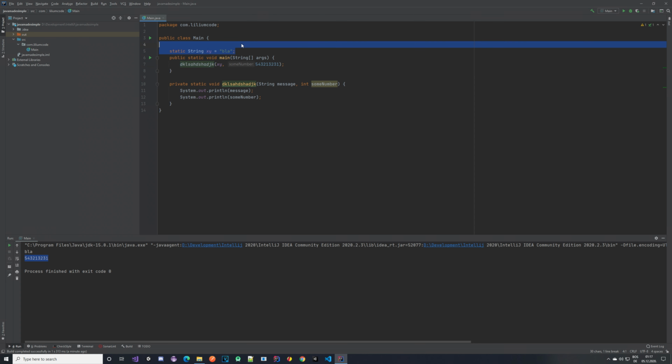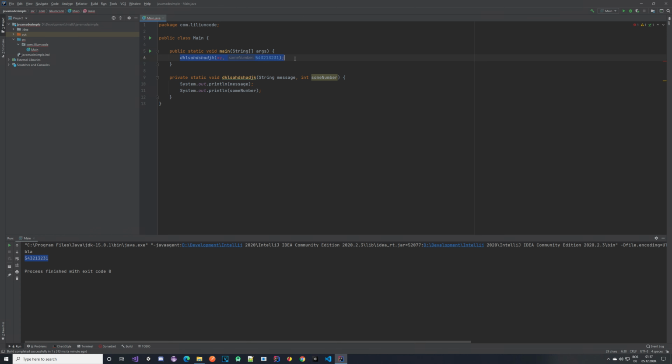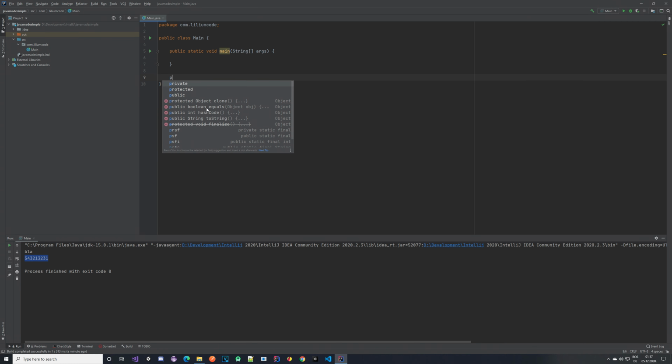So let's try to create one more method. Let's create a method that would tell us if the number is, so we pass in two numbers and we check if the first number is less than the second number that we passed in. So our method would again be private static. Now we would have a return type. That return type would be Boolean. So our result will be either true or false. And we are going to name it is first